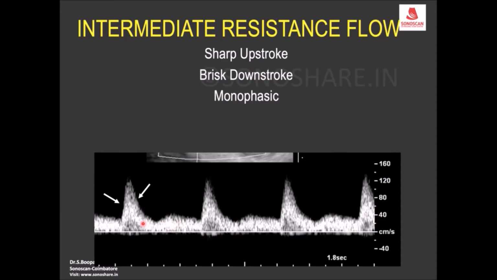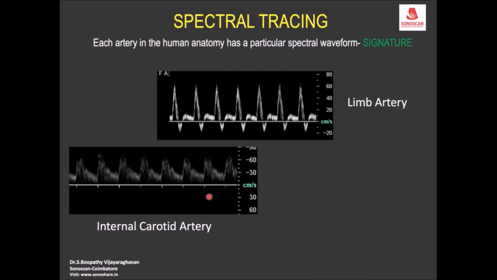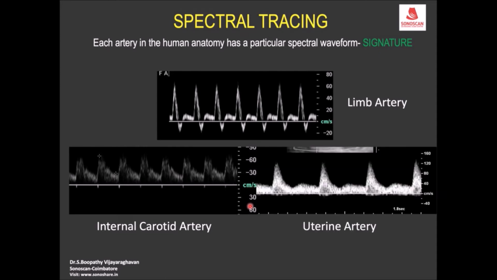Peripheral vascular resistance is not very high. We don't get the flow reversal, so it is monophasic. But resistance is optimum in between, so you get this in the internal carotid artery. So this is the signature of the internal carotid artery, and this is the intermediate resistance flow pattern seen in the